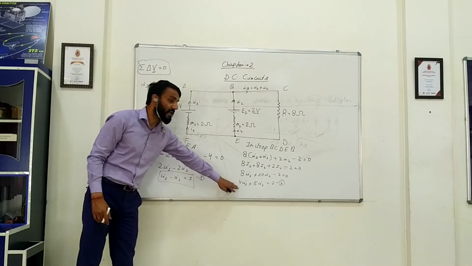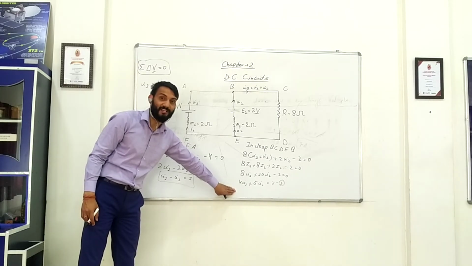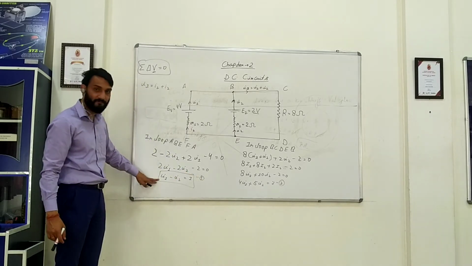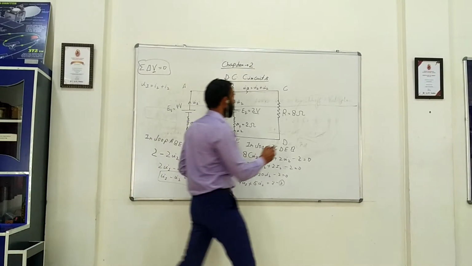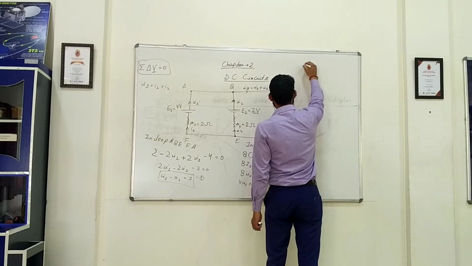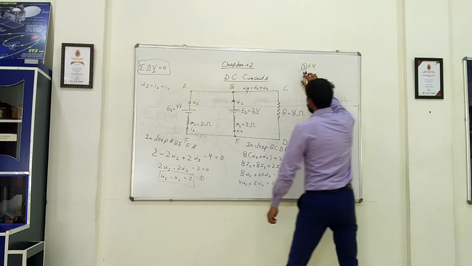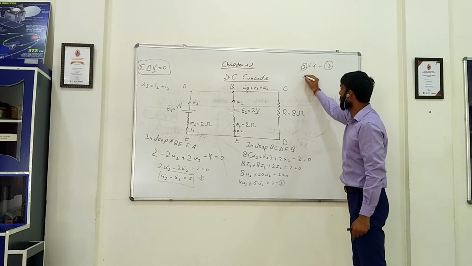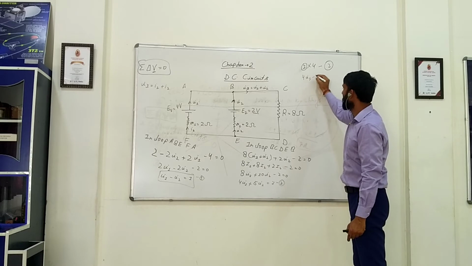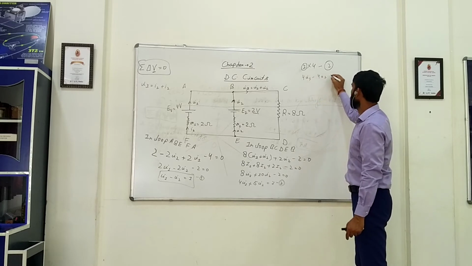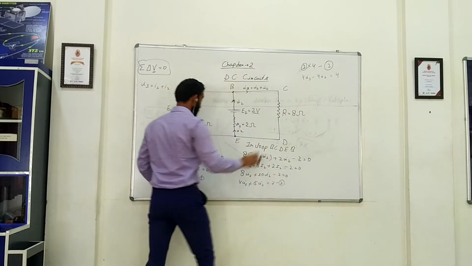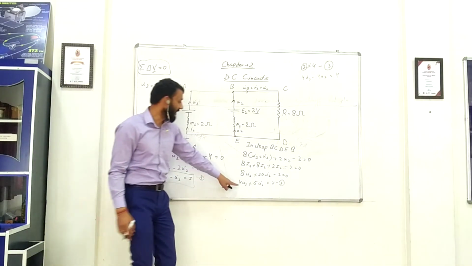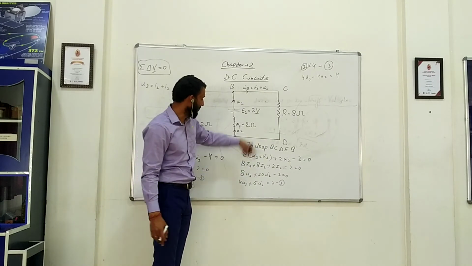I have got two equations and I have to solve them in order to find the value of I1 and I2, right? So solve this. Of course, equation 1 will be multiplied by 4. So 1 into 4I1 minus 4I2 is equal to 4. So I have multiplied the whole first equation by 4. Now I have to subtract the second from the first.